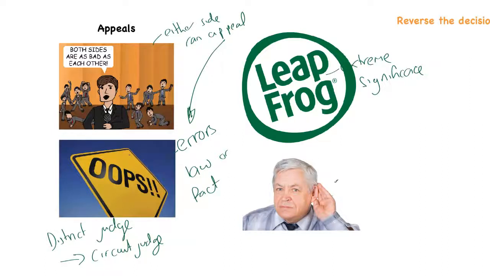Now, this gentleman with his hand cupped around his ear is meant to demonstrate that an appeal is not a complete rehearing. An appeal is not about listening to every single piece of evidence again, but it considers the documentary evidence, the judge's notes, and witness evidence. Now, the appeal judge rarely changes the trial judge's findings of fact. Rarely.